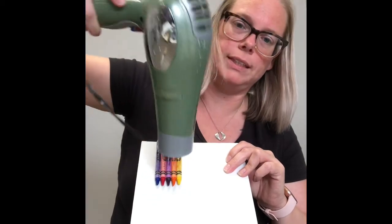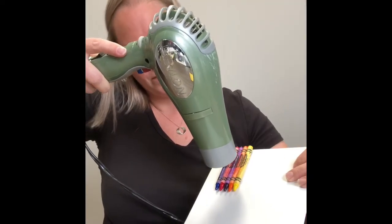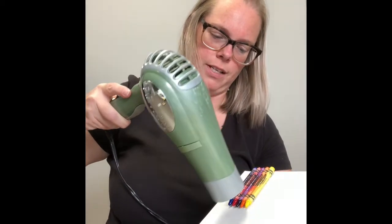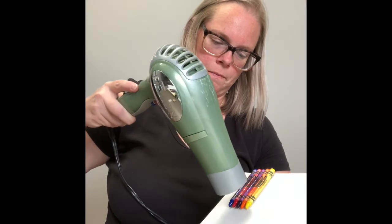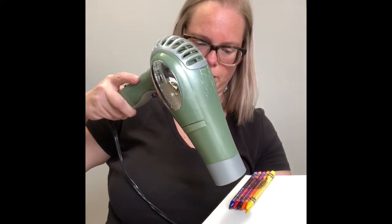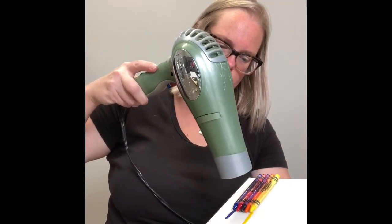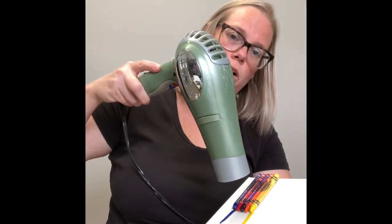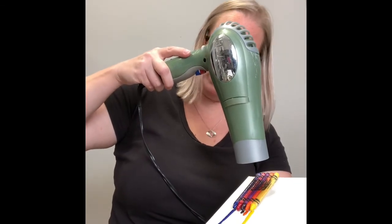I'm focusing on the tips. You might need to hold it on a little bit of an angle so that it doesn't drip right off the canvas. There you go. Now you're going to start to see the wax melting. You might want to put a piece of paper towel or cardboard underneath your canvas, so once it starts to drip,